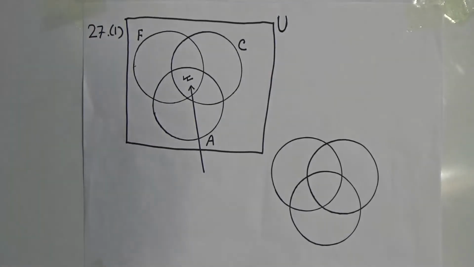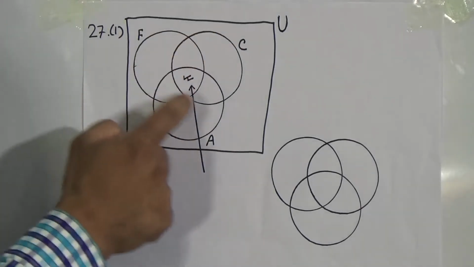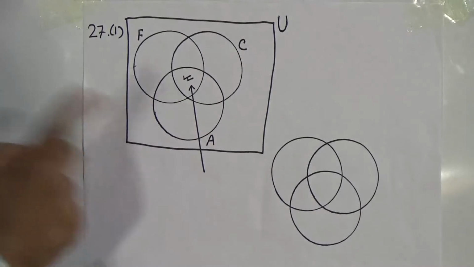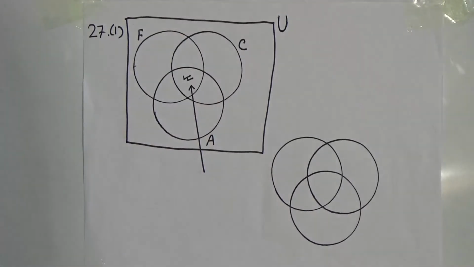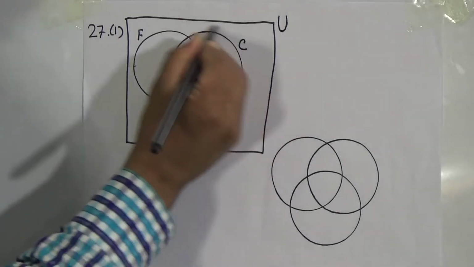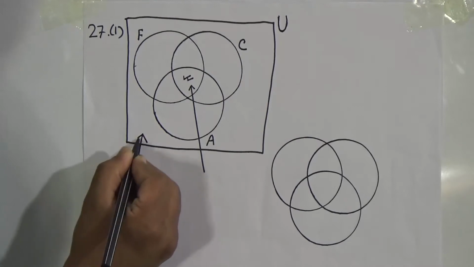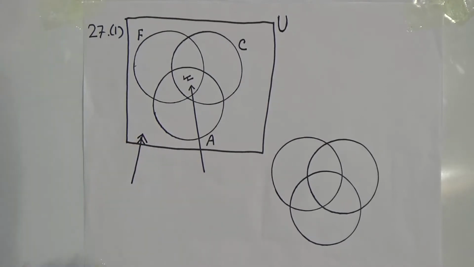And what do we need to identify? We need to identify those expert in none of the games in the Venn diagram. None of the games means they can't play football, can't play chess and can't play cricket. So they will be outside of these 3 circles. That means this region outside of the 3 circles will be our number. So we can mark it with a double arrow. It is a double arrow.